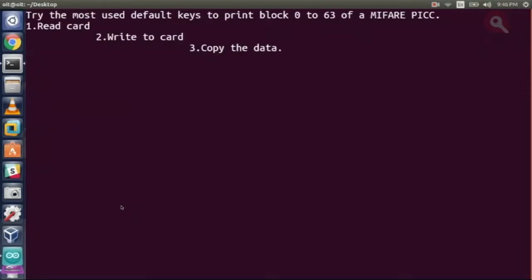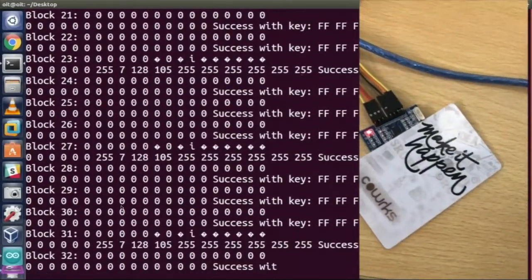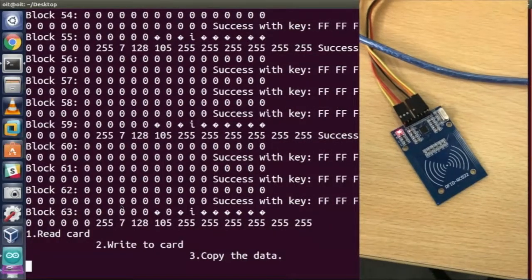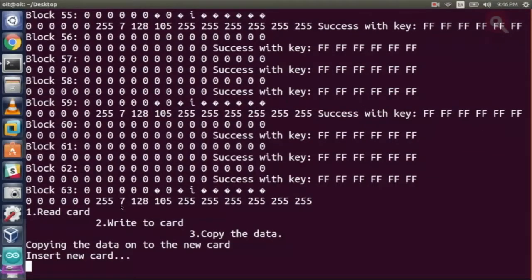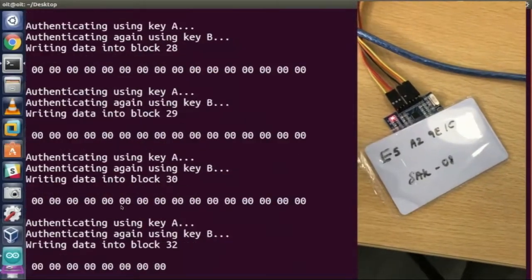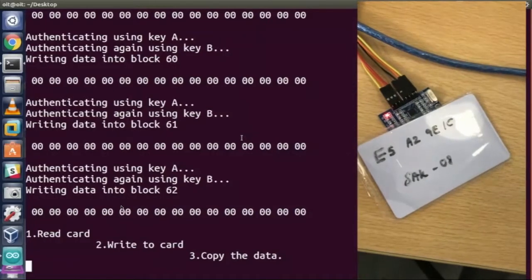So this is just an RFID cloner script on Arduino. So reading the card, you place the card on the RFID reader, copy all of the data on your local system. And once you have it copied, you get a blank RFID card, and you write that same data. And now you can unlock the door with the new card as well.